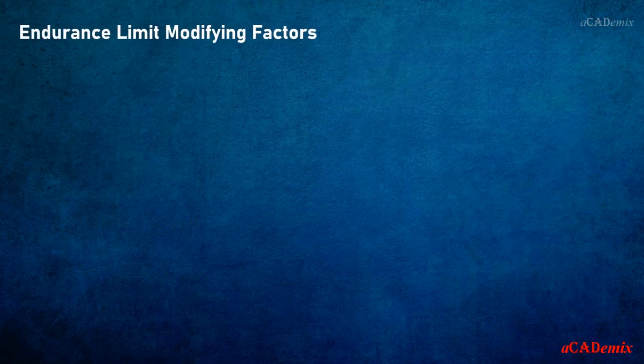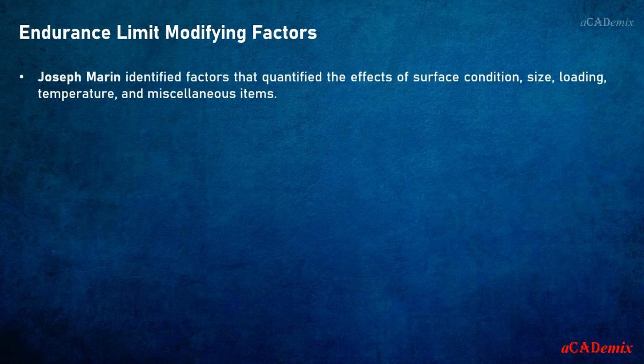We have seen that the rotating beam specimen used in the lab to establish endurance limit is thoroughly prepared and put through testing under tightly controlled circumstances. It is unrealistic to anticipate that a mechanical or structural member's endurance limit will match laboratory measurements. Therefore, differences in material, manufacturing, environment, design, etc. have to be considered. In order to incorporate this difference, Mr. Joseph Marin identified factors that quantified the effects of surface condition, size, loading, temperature and miscellaneous items. Therefore, a Marin equation is written like this,